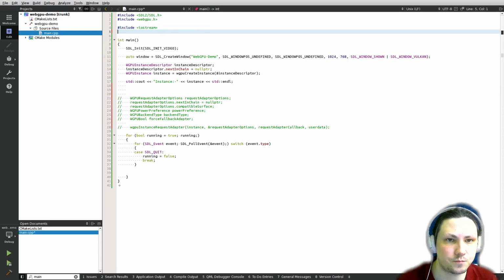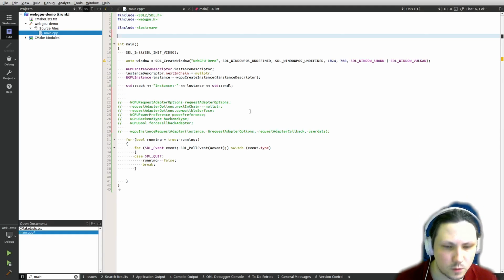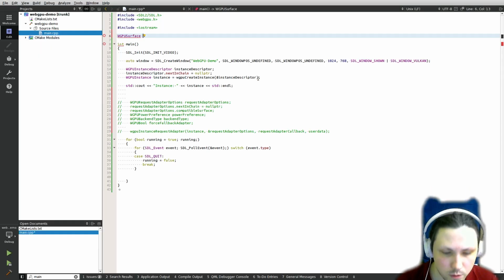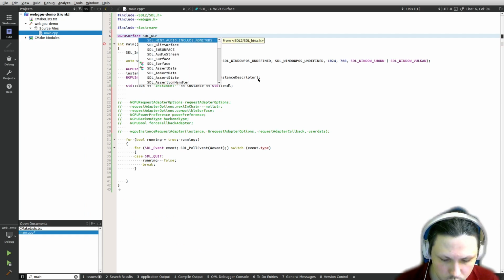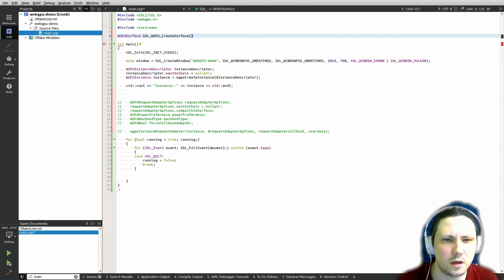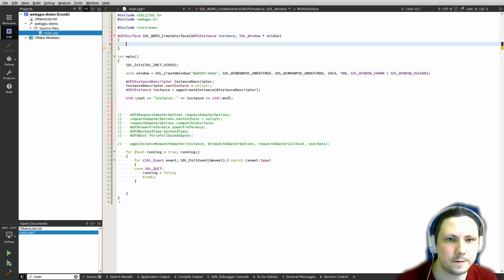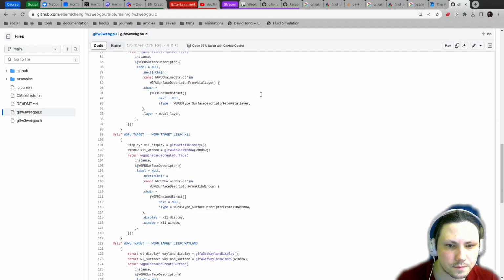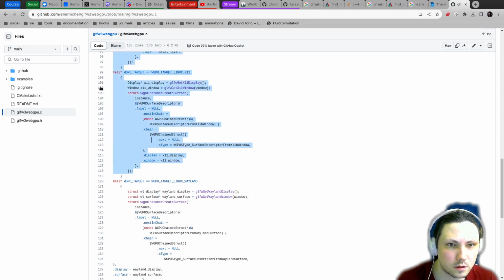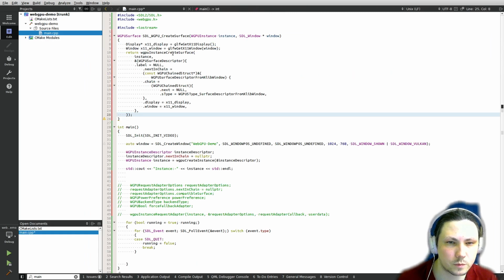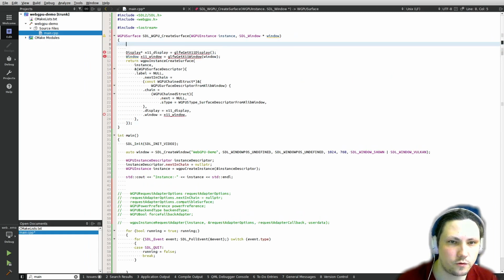So we need to make a WGPU surface from a WGPU instance and SDL window. So let's call it SDL WGPU create surface. We need a WGPU instance and SDL window. So I'm on Linux, I'm on X11, so we need this code basically. But first I will